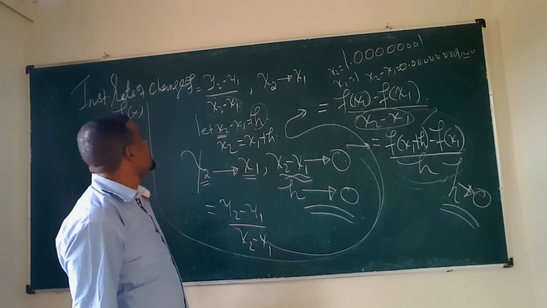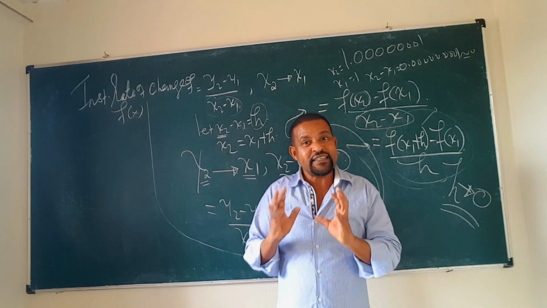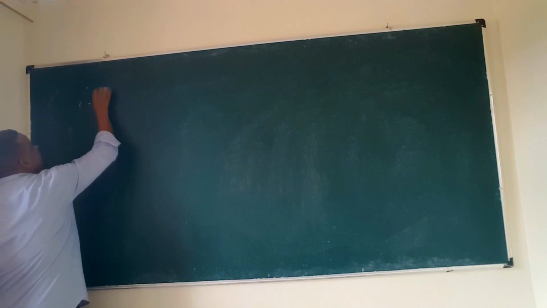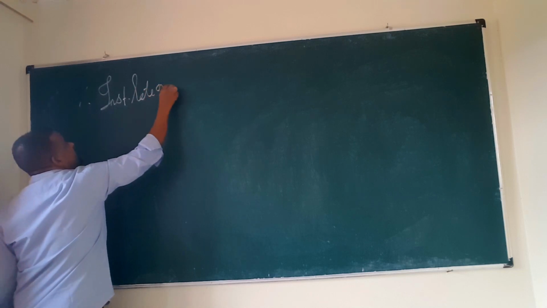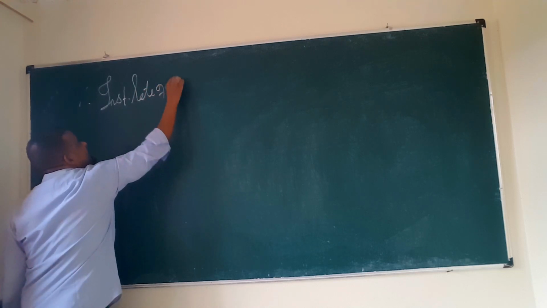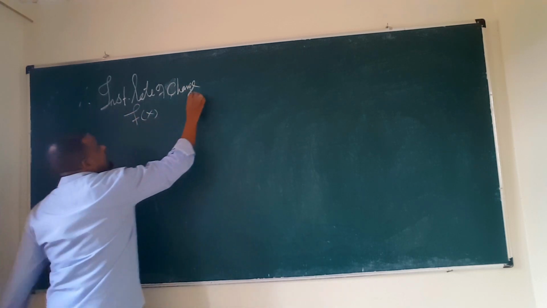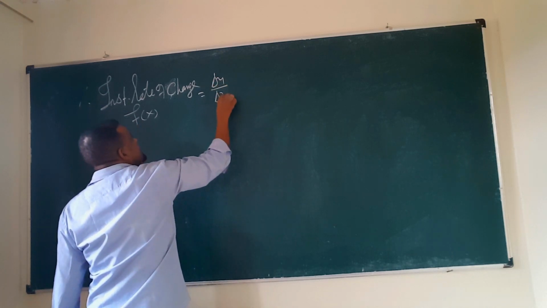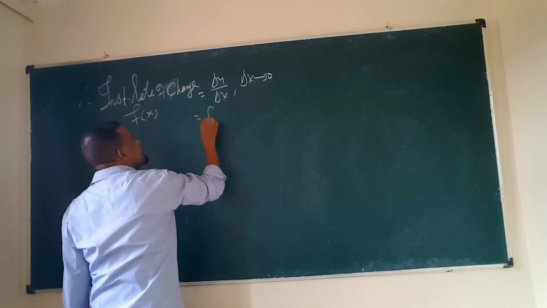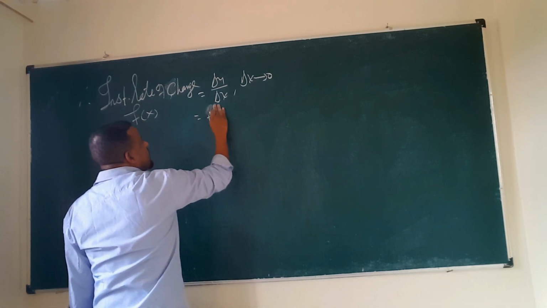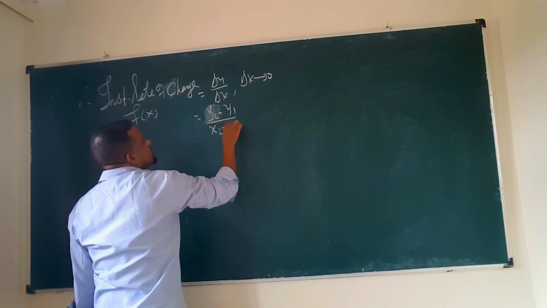of x1 over h is called the instantaneous rate of change of the function. Therefore, the instantaneous rate of change of the functional values of the function f of x is this: change in y over change in x, where this change in x is approaching 0. This means y2 minus y1 over x2 minus x1,